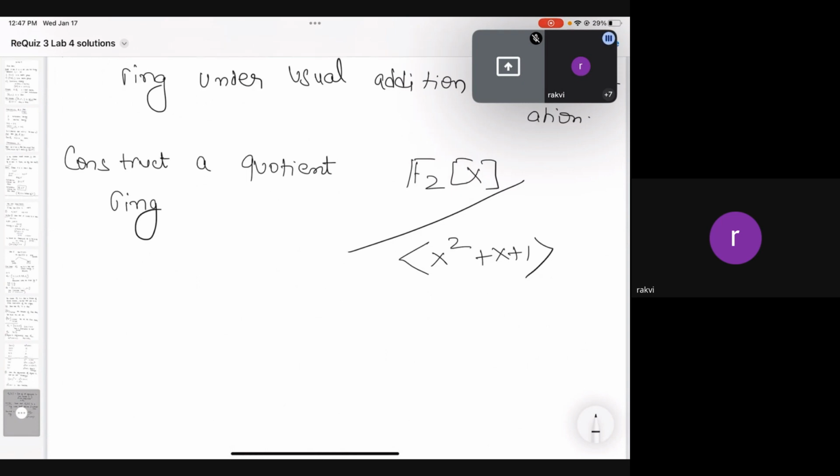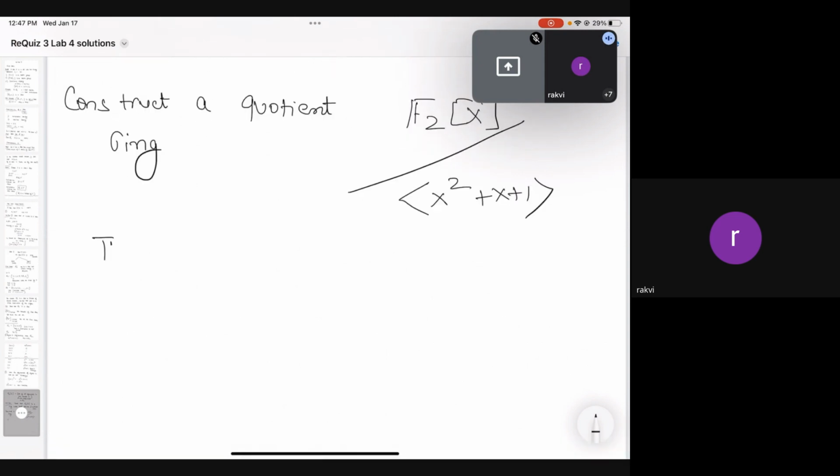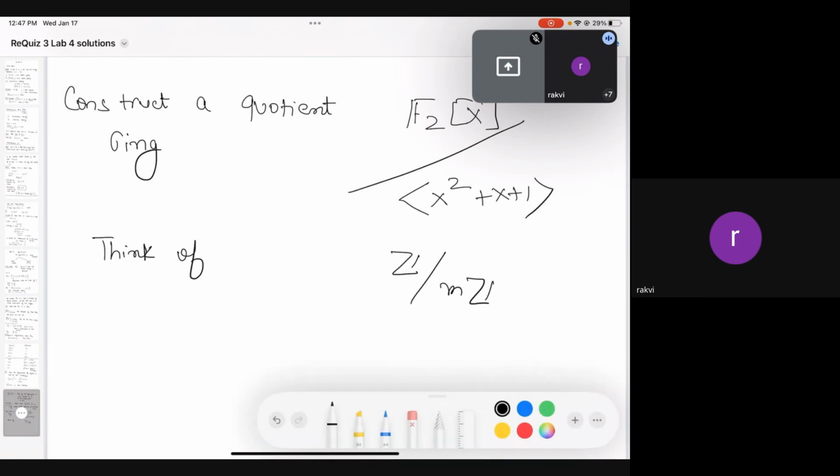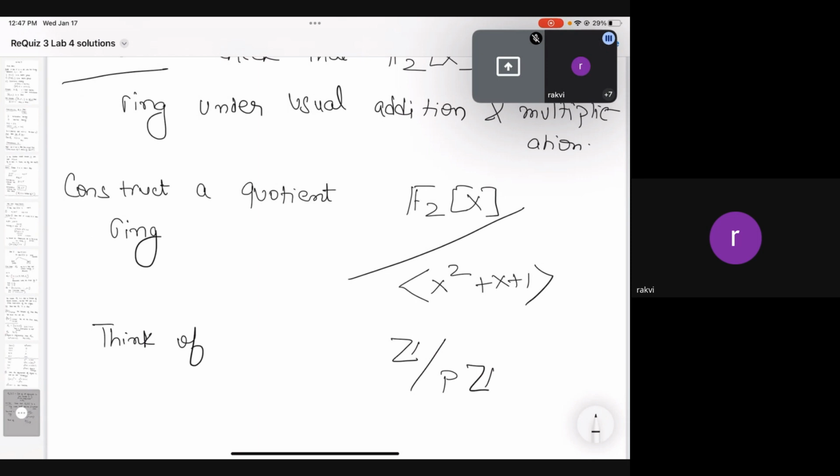What does this mean? Keep this example in mind. Think of really Z mod mZ, so mod m, the example of remainders that we just discussed, like for example Fp, the things that we just called Fp. These are basically Z mod pZ. Instead of m, let me just use p because this is more familiar in the context of today's lecture. So think of Z mod pZ. What do I do? I identify two numbers whose remainder modulo p is the same. And this is exactly what I do in this polynomial ring also. I identify two polynomials such that when you divide by x squared plus x plus 1,